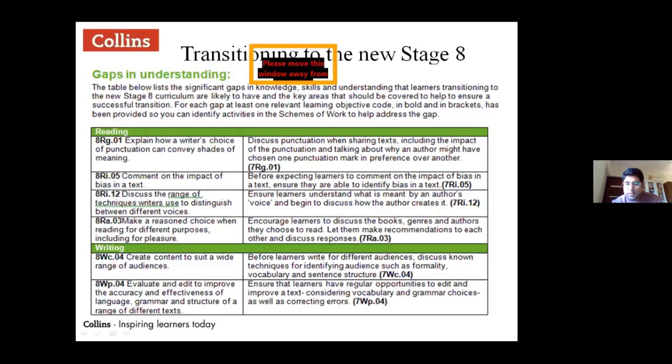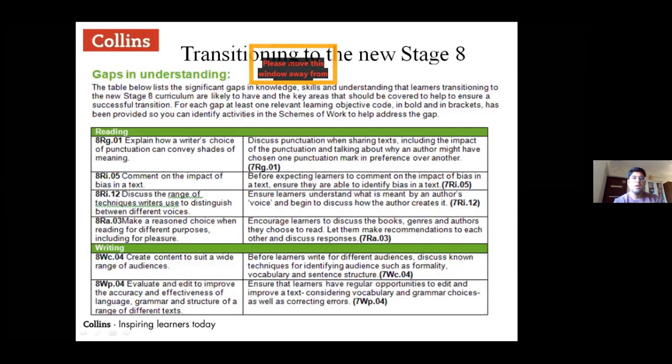Okay, if you observe over here, there's the second one, identifying the impact of bias. So of course we're teaching them writing to argue, writing to persuade, where there is an element of bias. We talk about magazine articles or maybe a speech, or a letter. You find there's an element of bias involved over there. What kind of questions could you put forth to the learners to ensure that this will result in a suitable learning outcome?